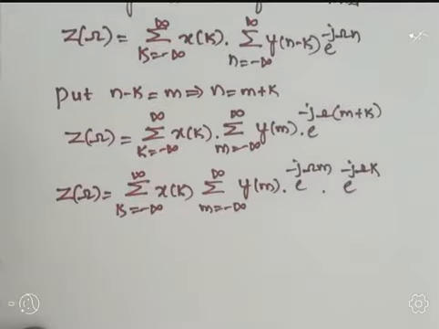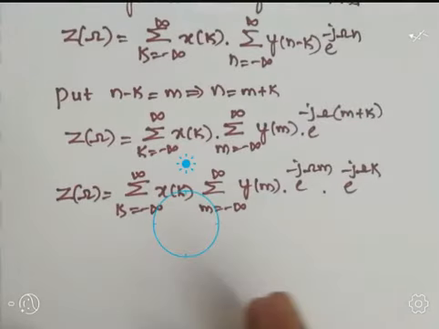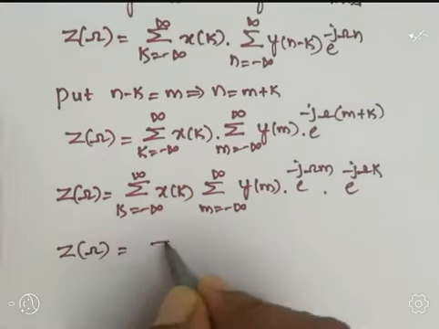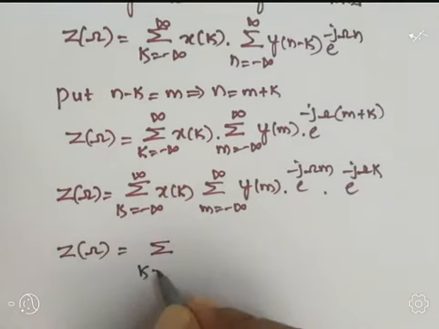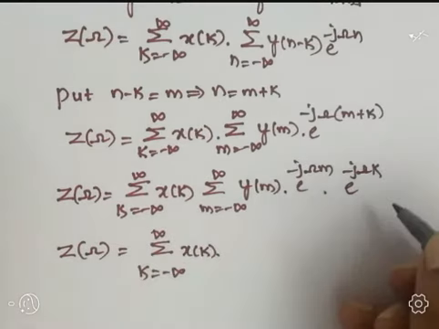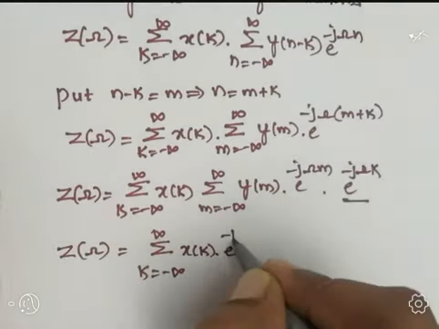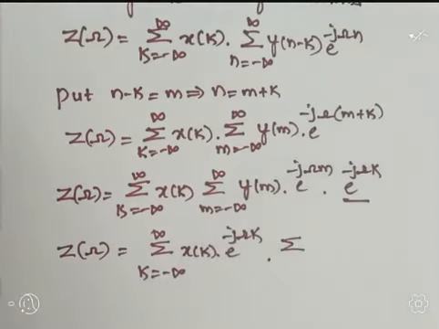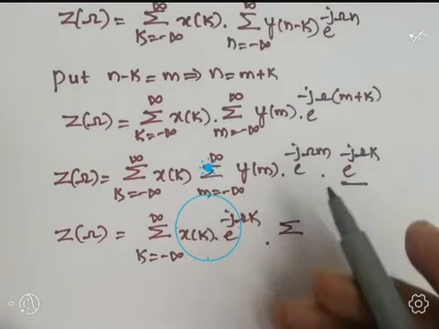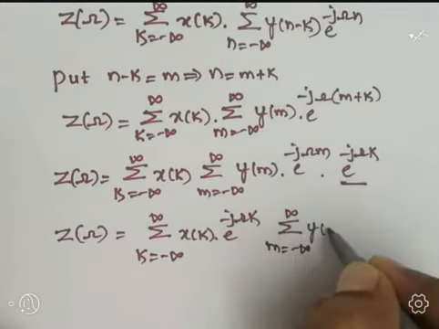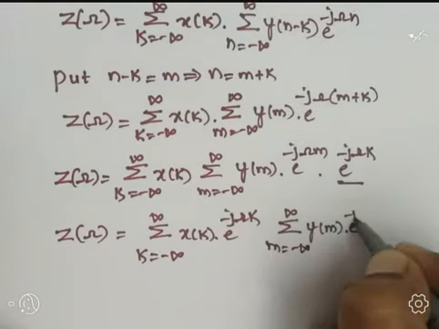One more step: I will separate the terms in such a way that Z of omega is equal to summation k equal to minus infinity to plus infinity x of k into e to the power minus j omega k, next